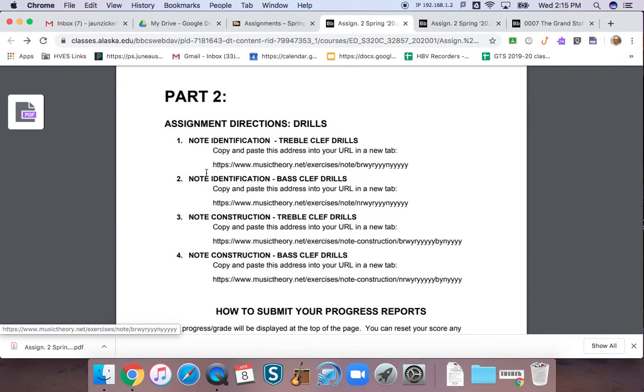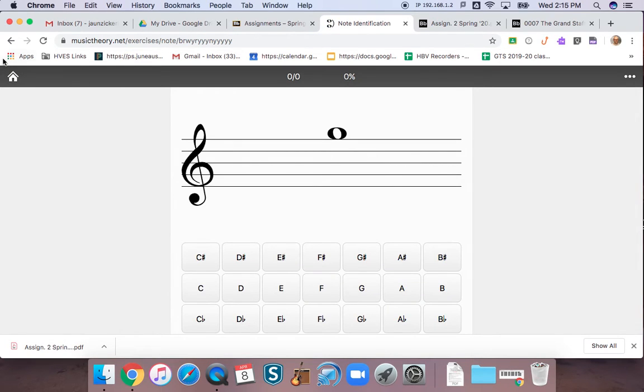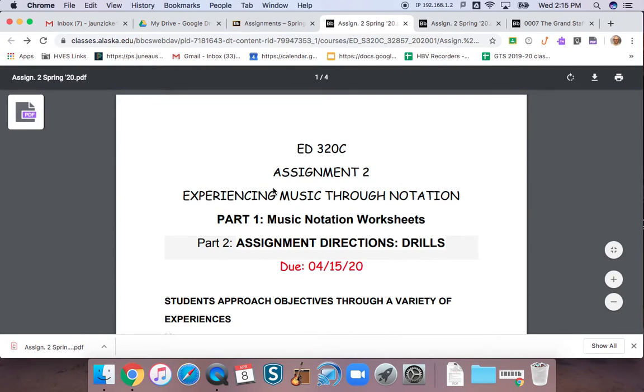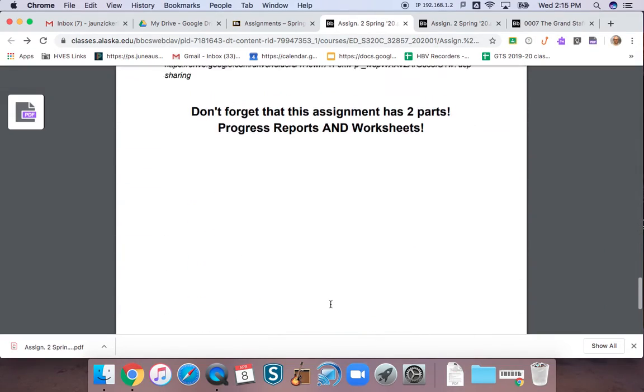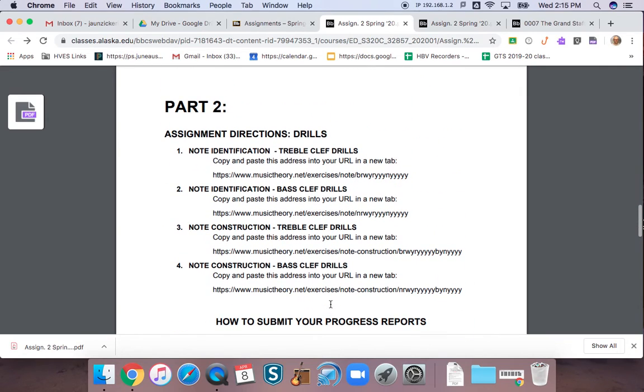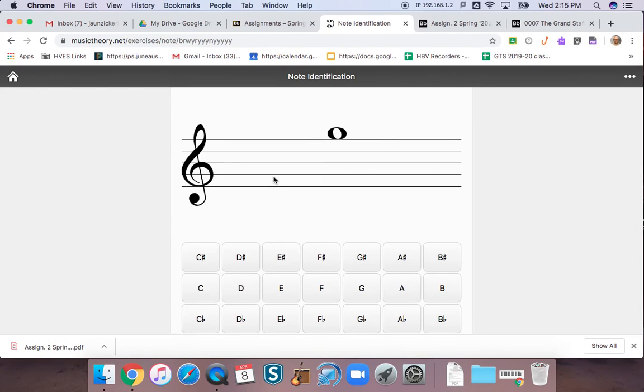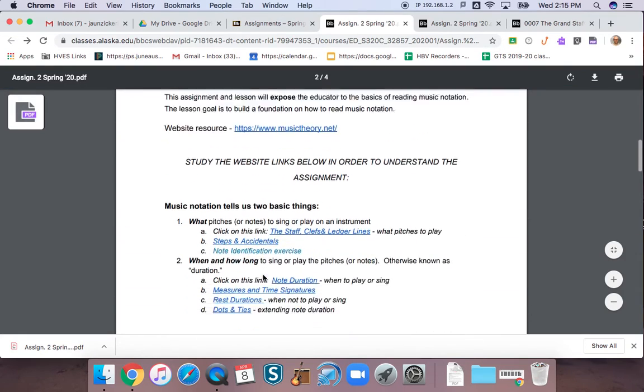So you're going to have to copy this if I can. Oh, okay. It looks like you can just click on it. Let me try that again. You can either copy and paste it or click it. So, yeah. Okay, so these are exercises I set up. And so let me go back. So the directions say